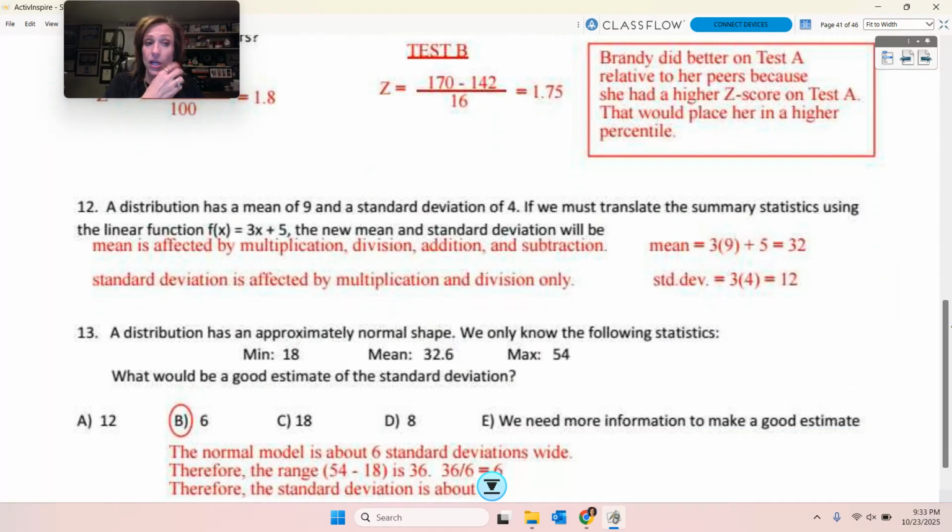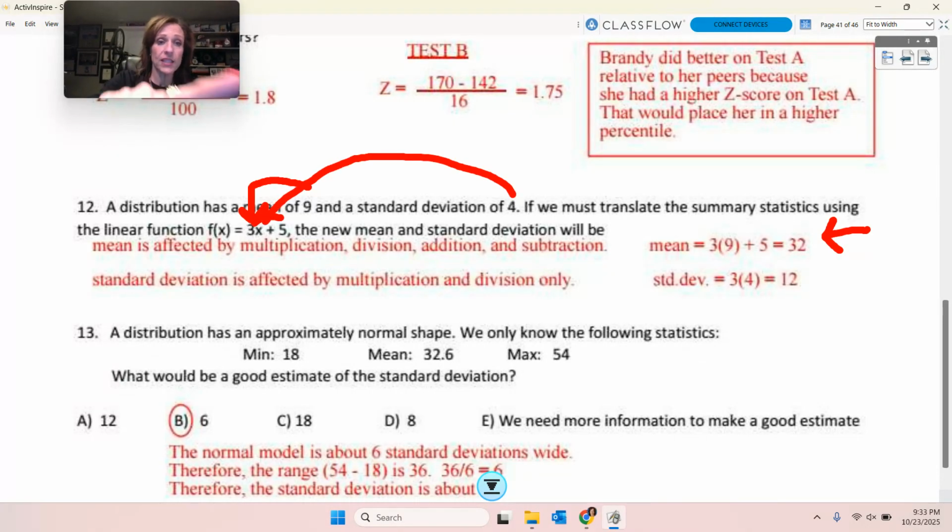All right, so 12 is this transformation. It's actually from last unit, and that is that idea where if you want the new mean, then you will put the old mean into the formula, and the mean is affected by that multiplication and shift. So it is affected by the 3 times the old mean plus 5. But the standard deviation goes into this transformation, and shift never affects the spread,